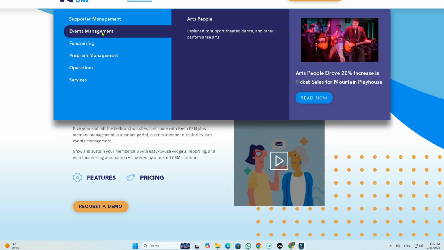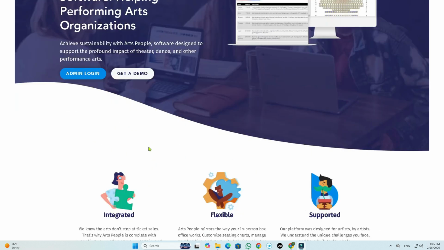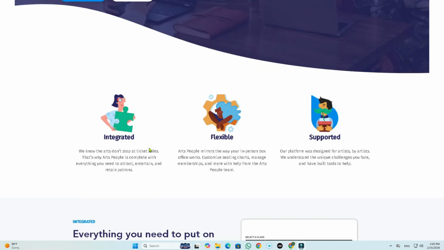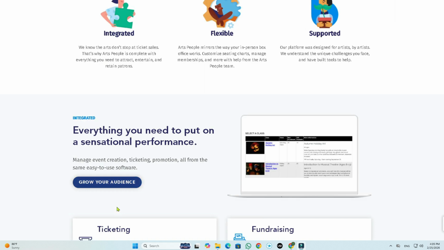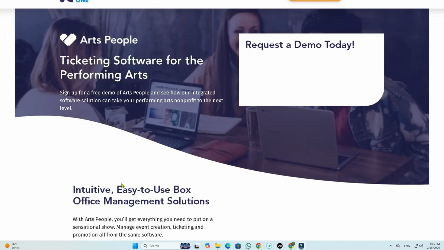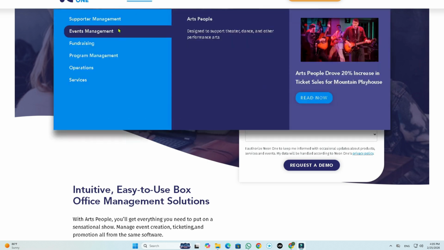Now, if you go to the events management and the arts people section, basically it's a ticketing and fundraising platform designed for arts and cultural organizations. It supports event ticket sales, donations, subscriptions, and audience management. You see, they help grow your audience if you click on it. It's ideal for theaters, museums, and performing arts organizations. So all you have to do is provide all the information, click the request a demo, and you're good. The next is going to be the